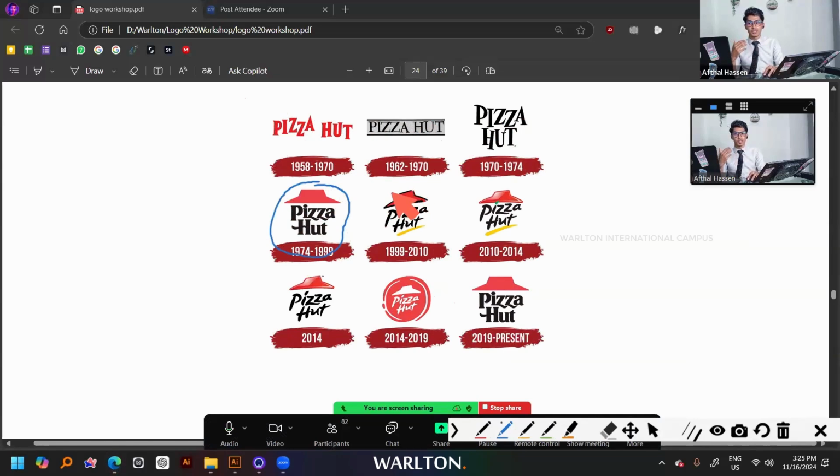The art style changed. Then you can see in 2010 it is somewhat 3D, because the trend changed there as well. After that, finally in 2019 till now, they have decided to go with the 1974 logo itself,